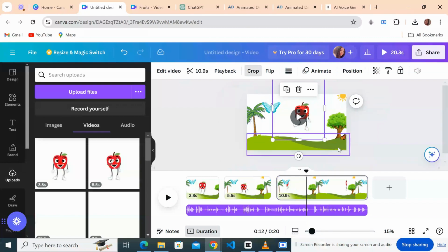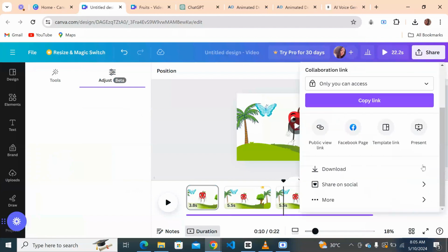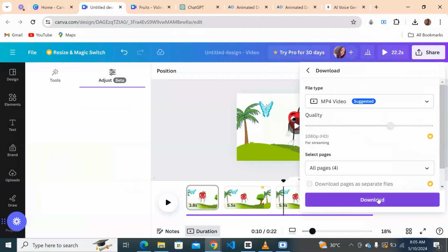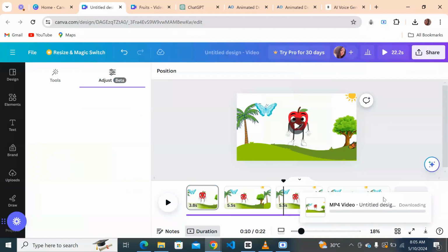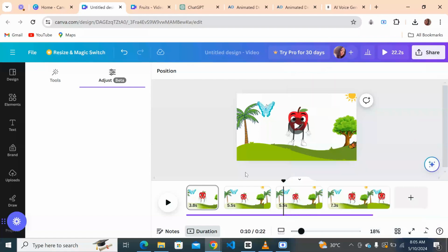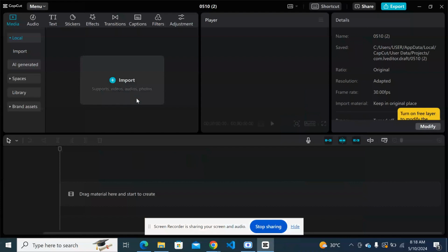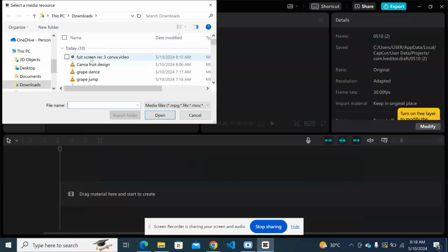So I'll just show you how to save to your device on Canva. To save, go over to this top right corner where we have share. Click on download and save. So it's downloading. In a few seconds it will be done downloading, and this will take us to the last step, which I love. So go to CapCut, click on import, click on the video we just saved from Canva